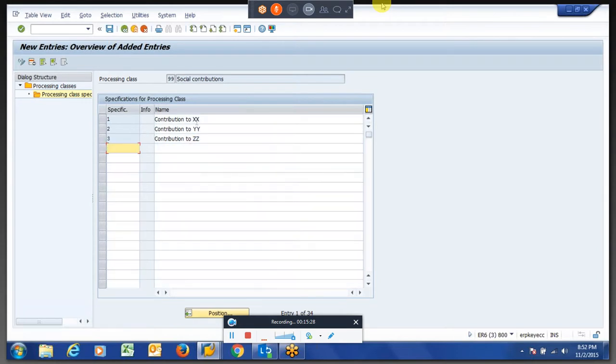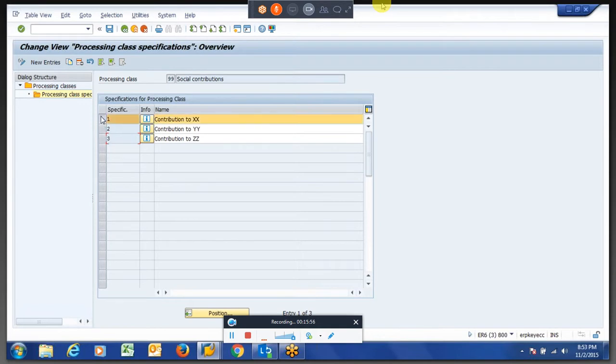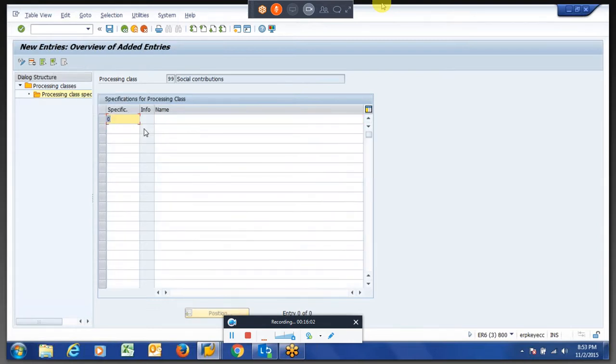Let us say we have three specifications given here for 99. If you create this, it won't do any of the things. So what we have to do is write a PCR: what one should do, what two should do, what three should do. And moreover, for all remaining wage types, what will be the thing? There will be a blank.